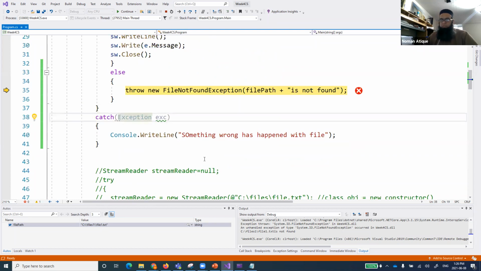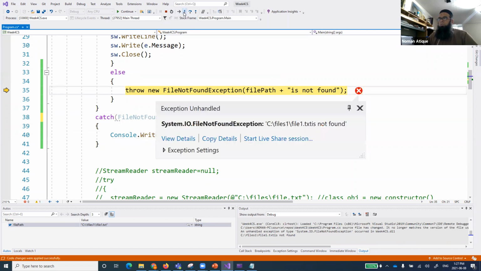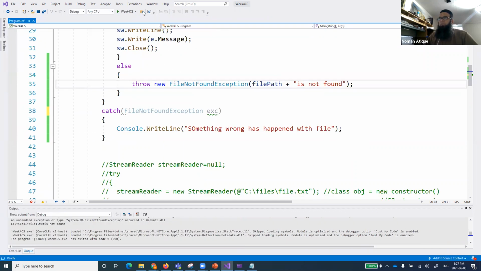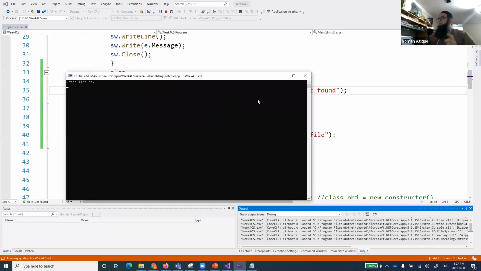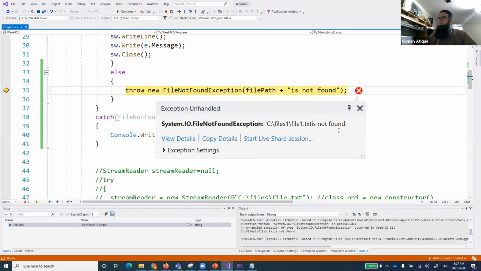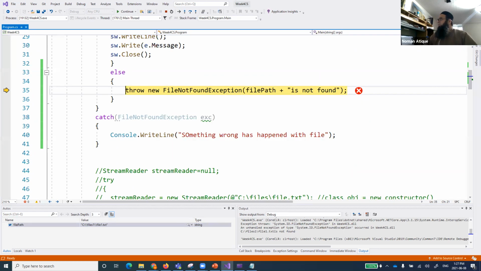Let me just check it for this one, then I'll tell you. Okay. Still says that it's not found. Okay, let's run that. So what we are doing over here is that we are trying to create a problem, and it still says file not found. I'll have to look into it. I am missing something maybe, or I am just not passing something.